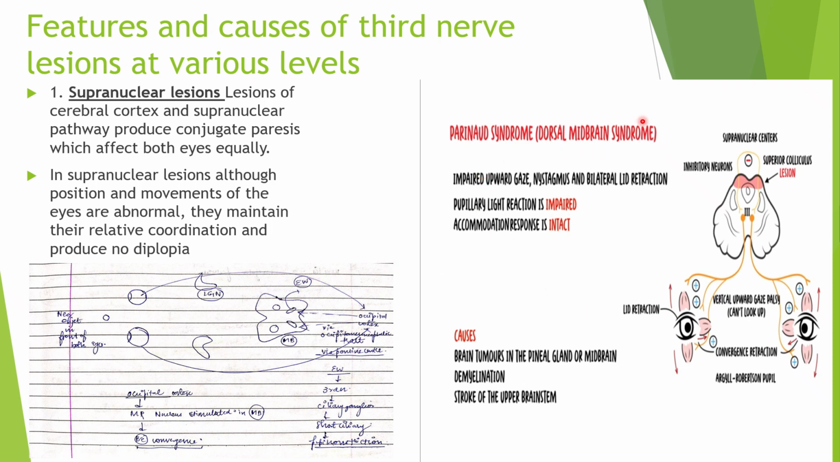So in Parinaud syndrome, which is the dorsal midbrain syndrome, there will be impaired upward gaze because the tectum is affected and the tectum regulates the upward gaze. There will be nystagmus as the inhibitory neurons to all the muscles and also to the LPS are affected. So there will be lid retraction as there is no inhibition of LPS. So LPS will act more, there will be lid retraction, and all the other muscles will also act more. So there will be nystagmus,